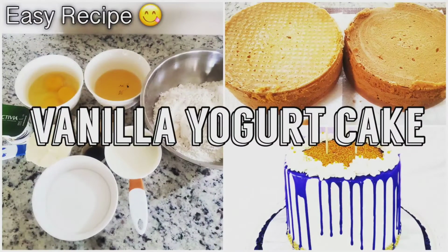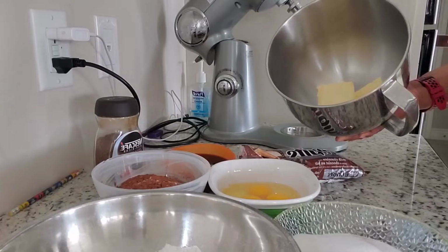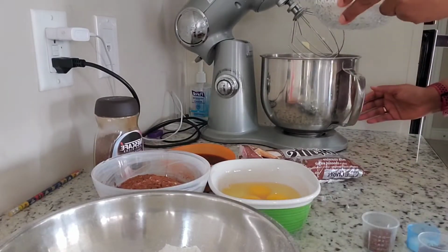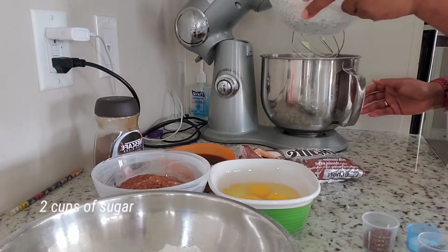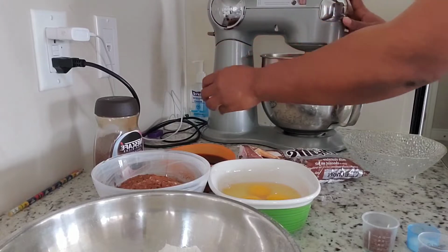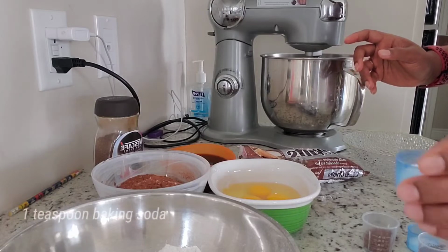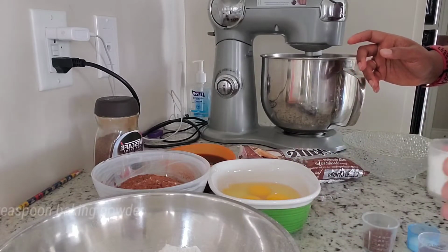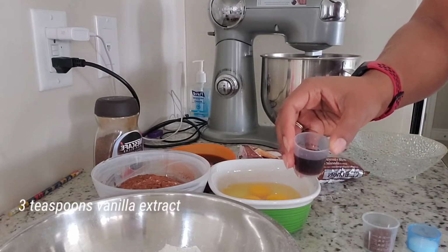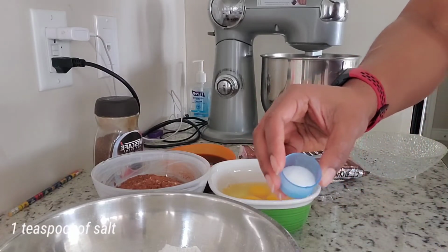Previously, we made a vanilla yogurt cake, and today we will be making a moist chocolate cake. A cup of butter, 2 cups of sugar if you're using Guinness, or just 1 if you're using Malta Guinness. A cup of mayonnaise, a teaspoon of baking soda, 2 teaspoons of baking powder, 3 teaspoons of vanilla extract, 1½ teaspoon of instant coffee, a teaspoon of salt,